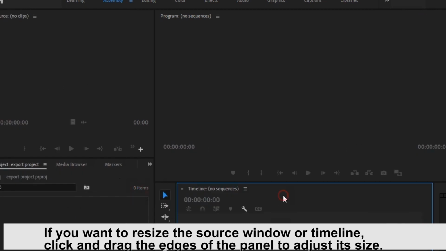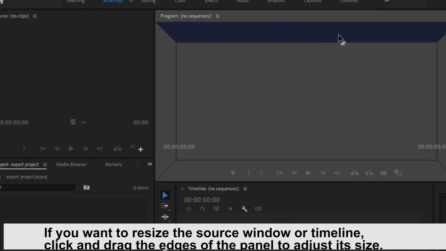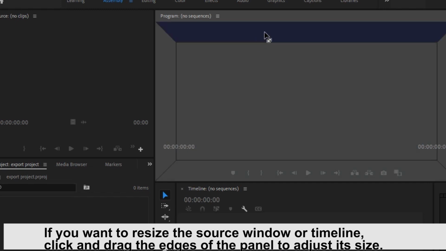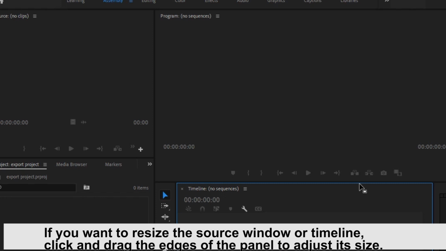So just click here. In this way you easily change, like if we want to change the timeline position, just click here and go into here and there where you want to place the timeline. So easily you